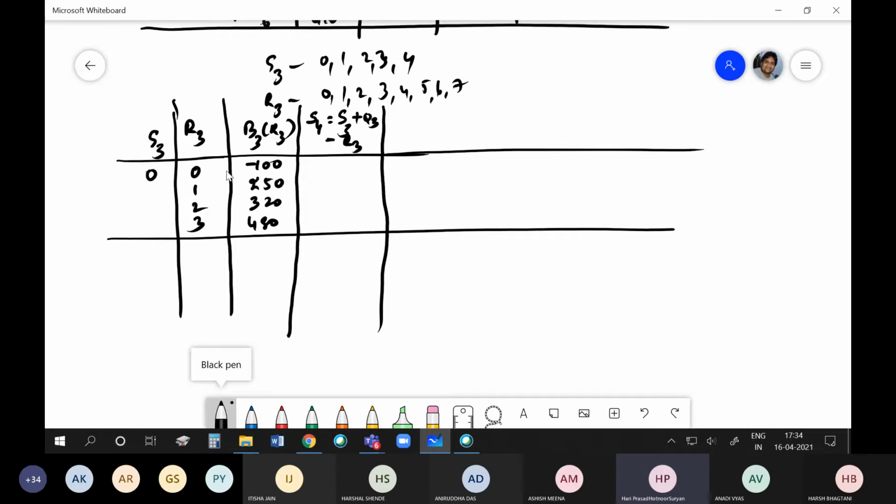If so, for this one, how much will be S4? This is 3. Okay. If my storage is 0 at the beginning of the third season and I am not releasing anything, but there is an inflow of 3 units in the third season, then at the end of the third season I will have a storage of 3. Okay, if I have a storage of 3, what is the best way of allocating this S4?